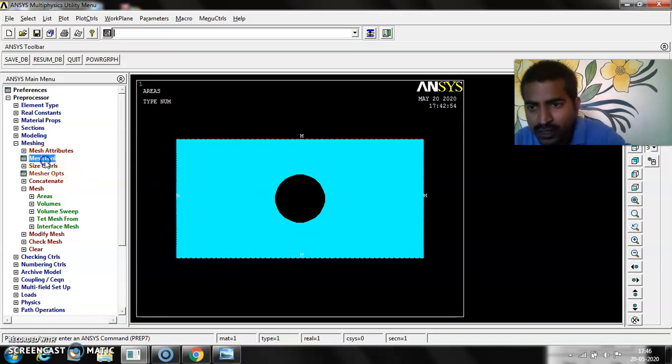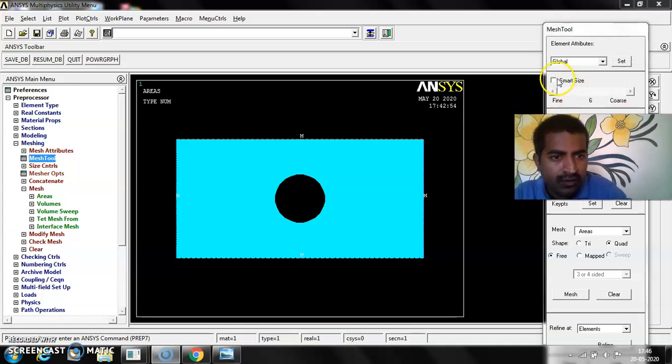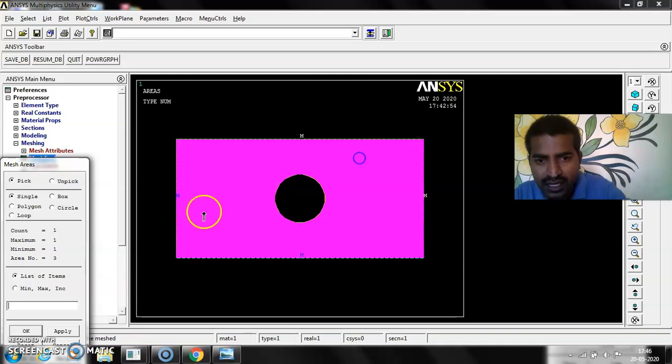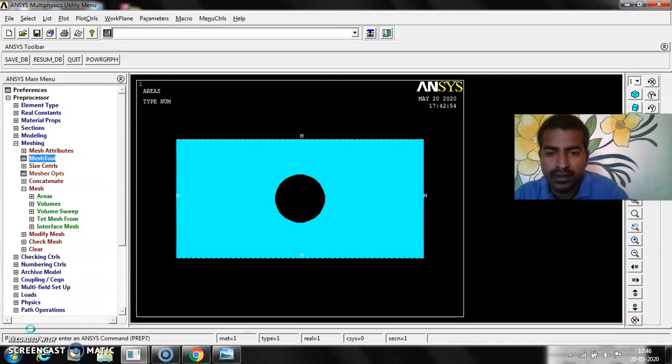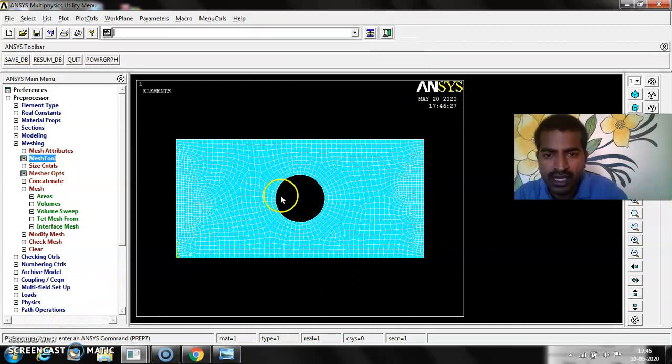Then again go for mesh tool, go for smart size. Here go for fine mesh, then go for mesh this area, then say OK. Now it is meshing. Yeah, so this is the fine mesh we have got.